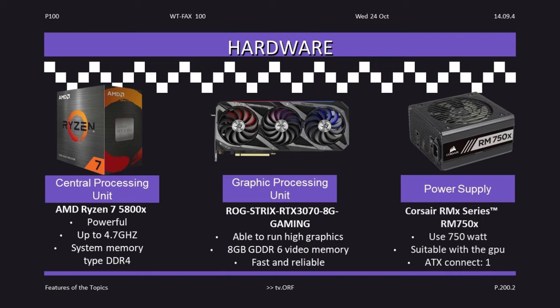The third hardware for Nawal's PC is the power supply. The power supply has essential functions found in all models, with additional operations added depending on the device type. For the power supply, we have chosen the Corsair RMX series RM750X. This power supply has the continuous power of 750 watts. We chose this because her graphic processing unit requires a power supply of 750 watts and above.